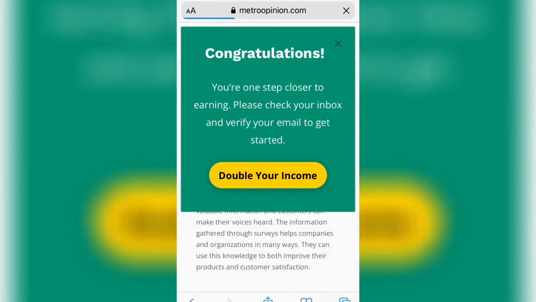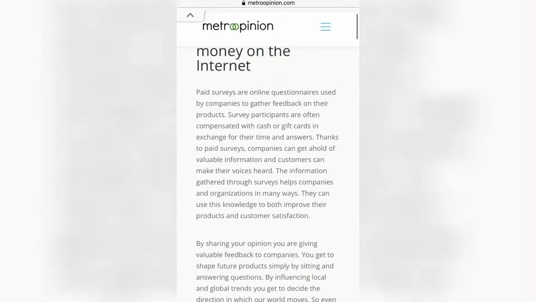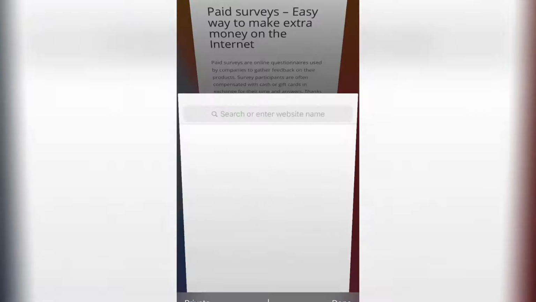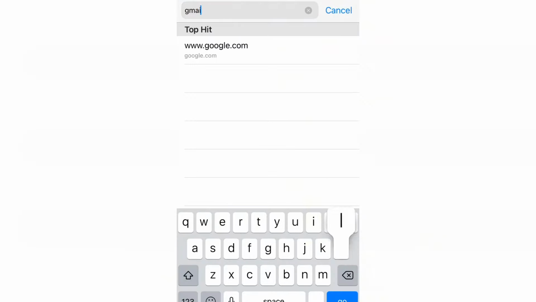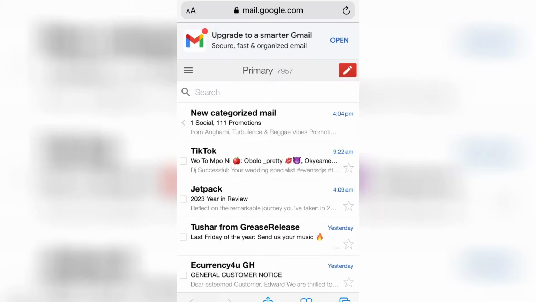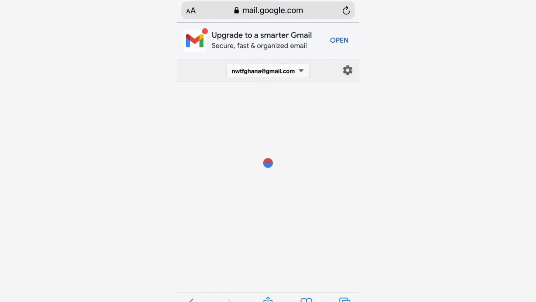So all we have to do now is open our email. So I check my Gmail. Yes, you have to open your email used for a confirmation link. So that is what I'm going to do now. I check Gmail, and from all my emails, I think I used Nina Official, so that is what I'm going to search for. I log on to Nina Official,